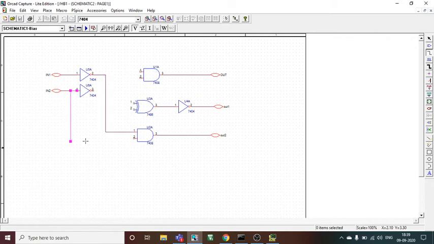Don't get confused if I call it A and B, because A and B is quite simpler to understand. It will be very difficult for me to call it I in 1, I in 2 again and again. So it is actually I in bar 1, bar I in 2. So this makes out 2 equal to A less than B.